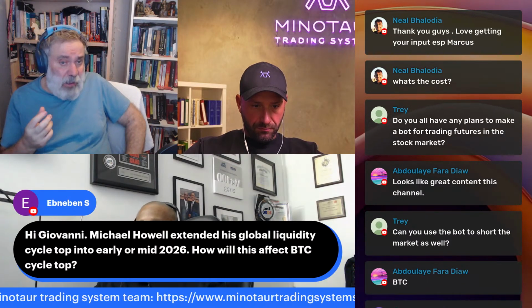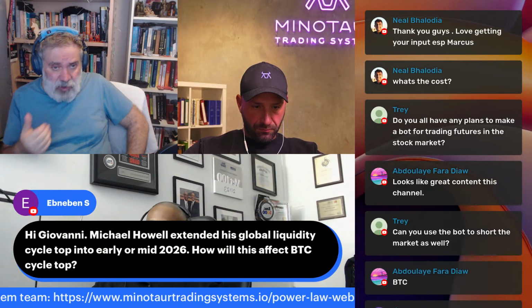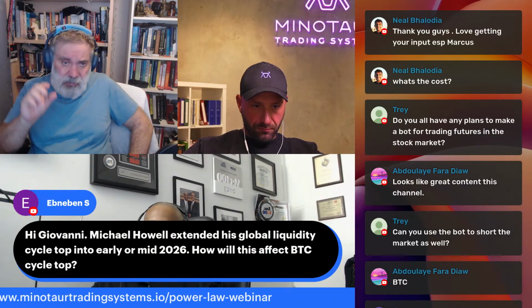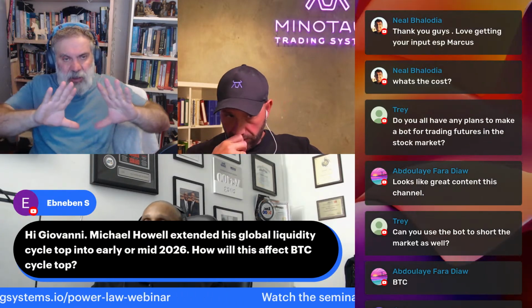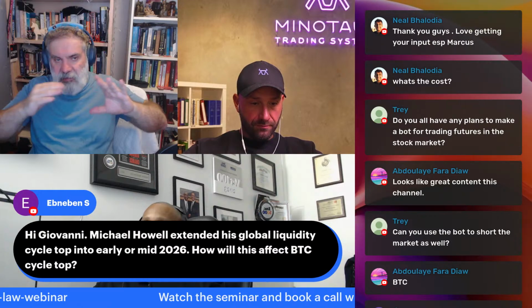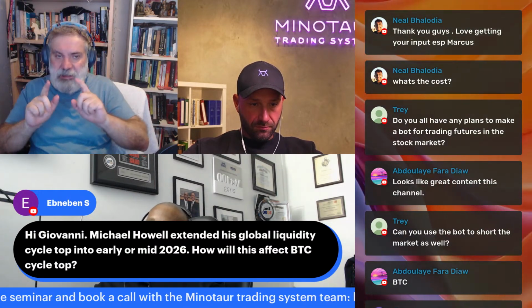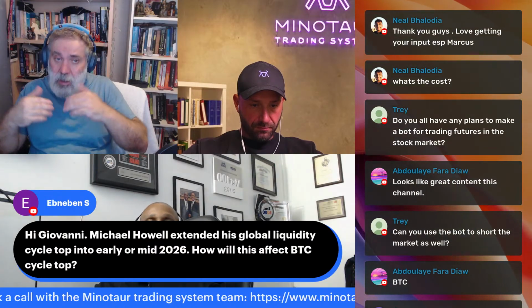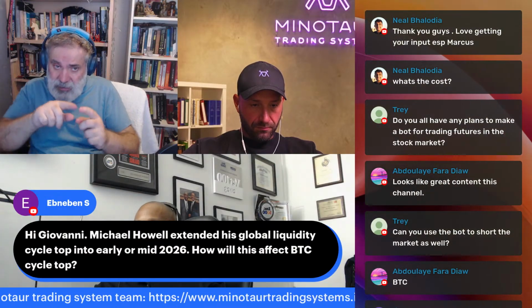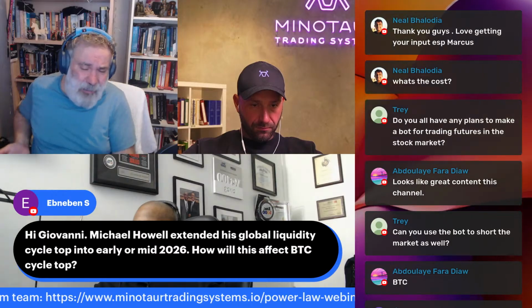And at a certain point, I don't know about this latest revision. I need to look it up. But at a certain point, it was because his cycle is a little bit longer than the typical 4-year cycle of Bitcoin. They don't always align. But this particular cycle, they were supposed to be aligned, because he has a proprietary method